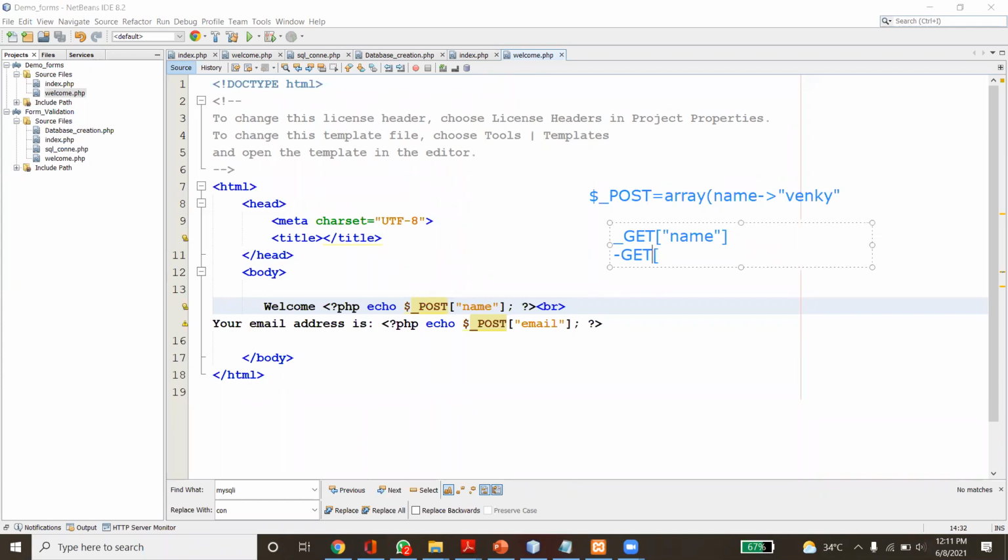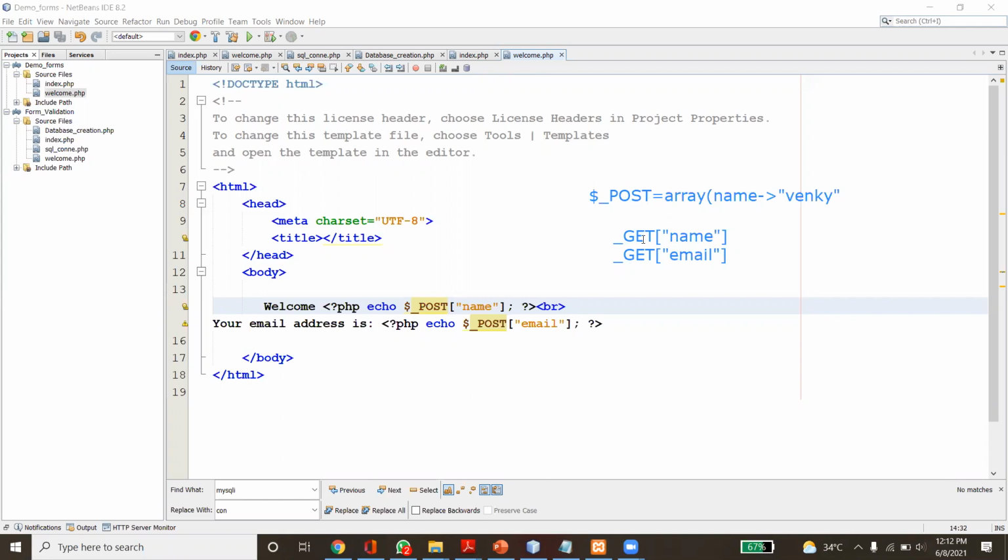It should be underscore GET. What is that email? Email. It will give the value of the name field and the email value. Like this we are going to use. If your method is post, then we have to use underscore post. If the method is get, we have to use underscore get.